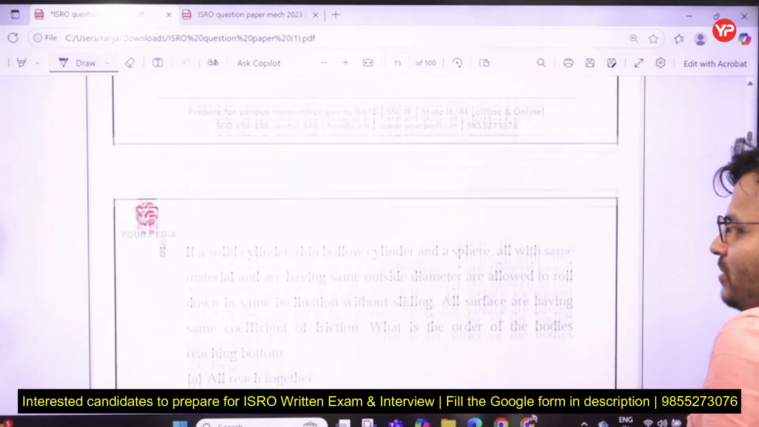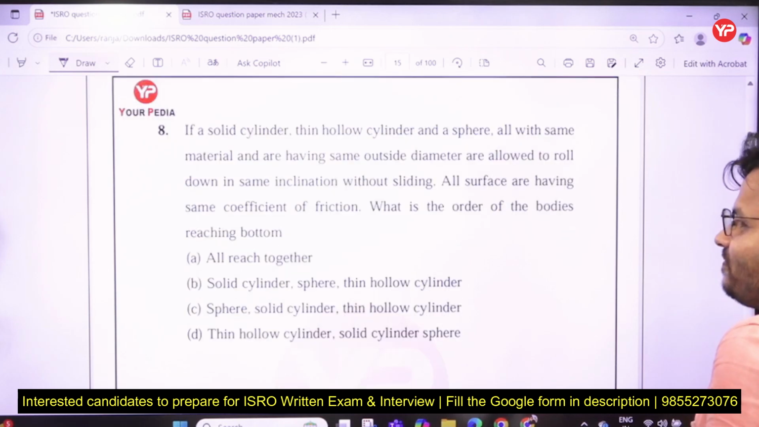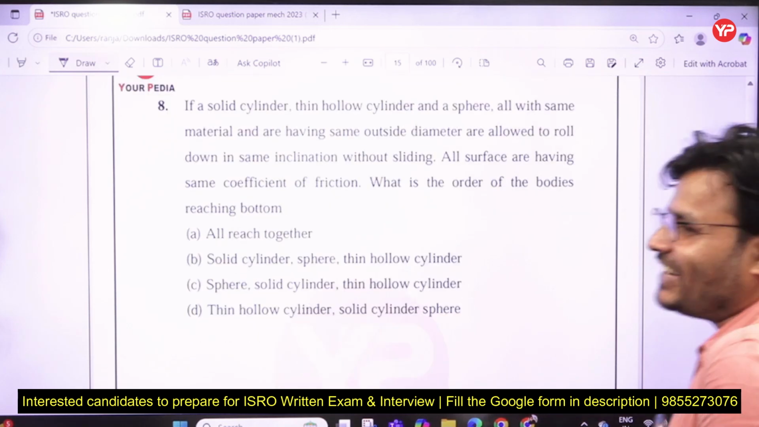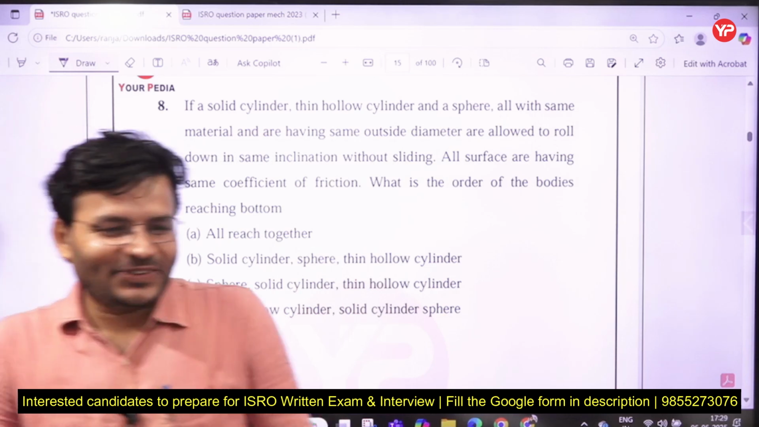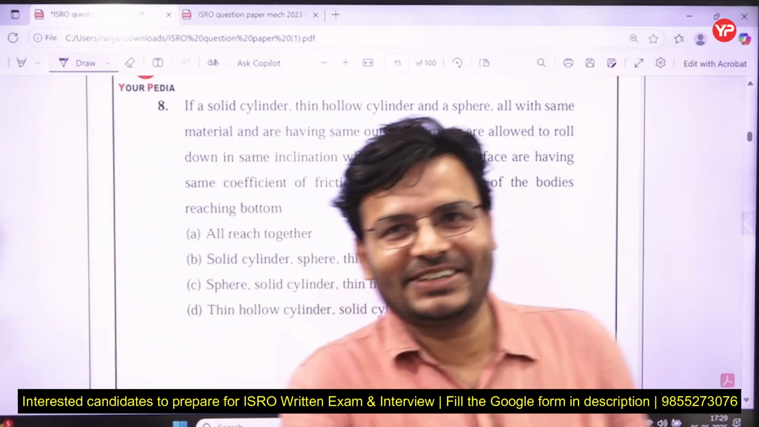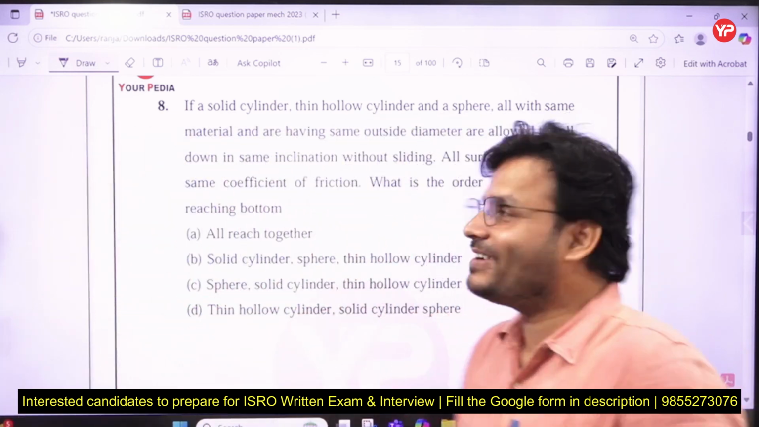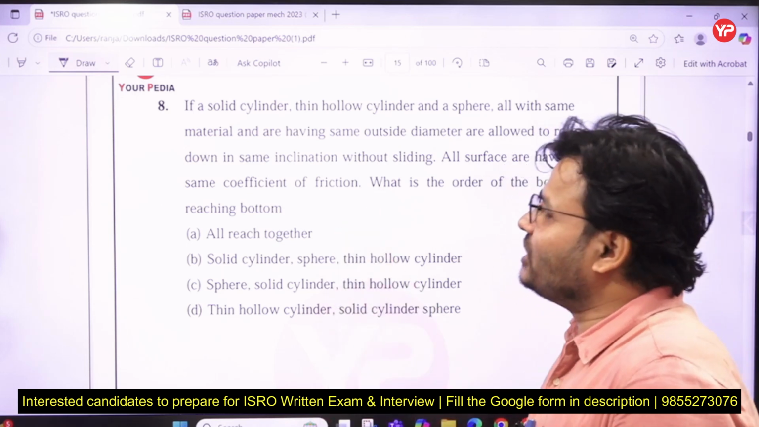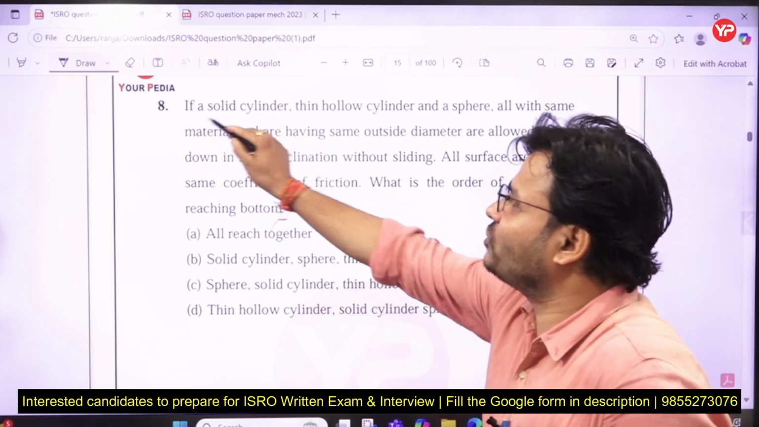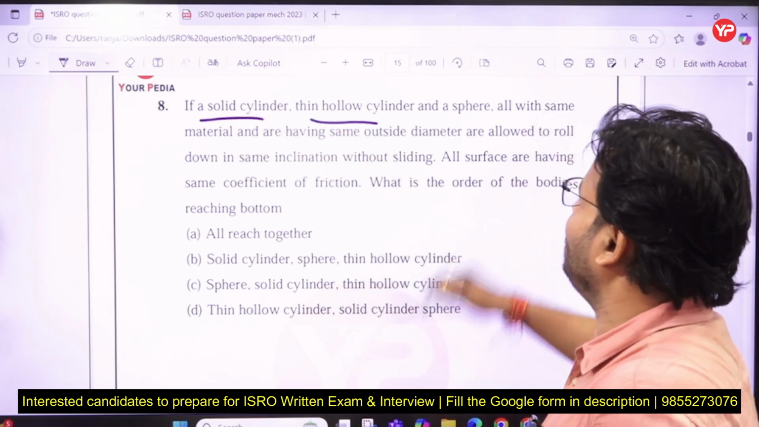Coming to the next question, my dear friends, and yes, that is also a great question here. Really, ISRO is going to ask a great question, and you know why? Because you are being a scientist, you have to be thinking. See the question, it was a really excellent question. The question is that a solid cylinder, a thin hollow cylinder and a sphere,